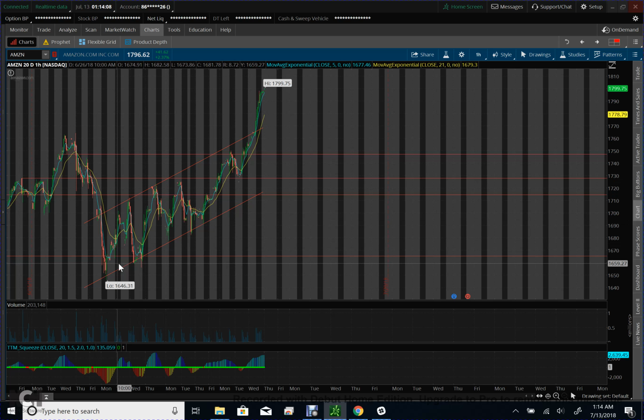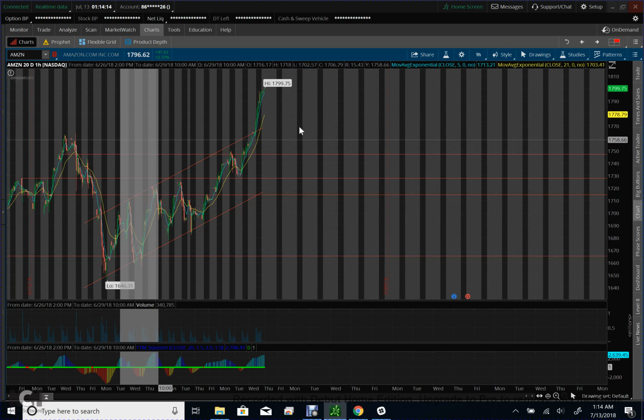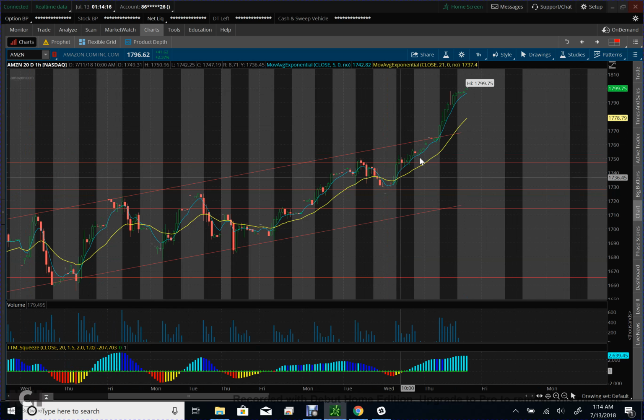I mean, this was unsustainable, this upward trend here. This is completely unsustainable, that's steep. Look how quickly this is moving up. This needs to pull back. Let's keep an eye on this channel. I'm going to try and extend it. I'm going to have to extend it into the next day, but